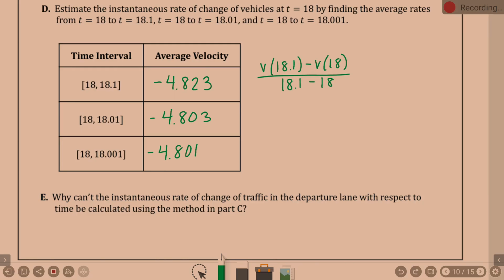In part C, if you're trying to find it at 18, the time interval isn't specific enough. Well, what would your time be doing? You'd end up doing V of 18 minus V of 18 over